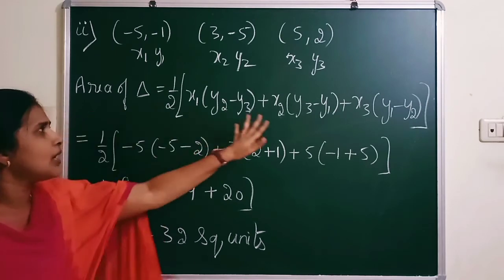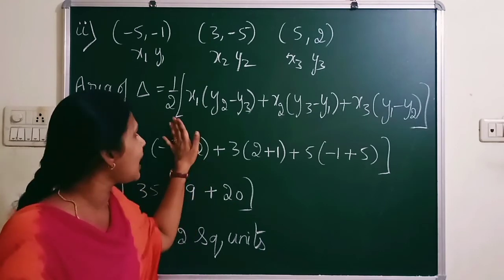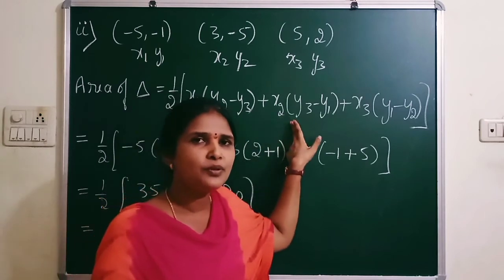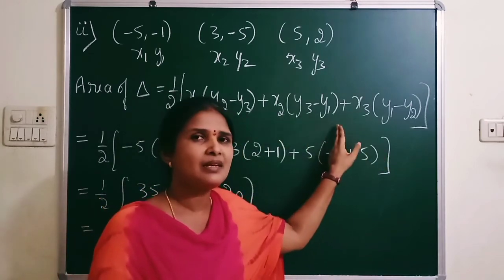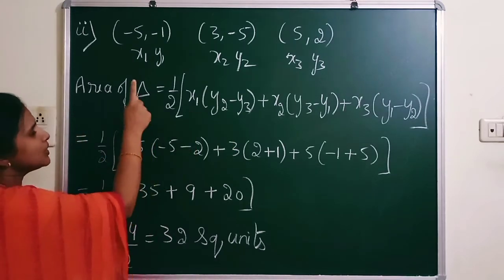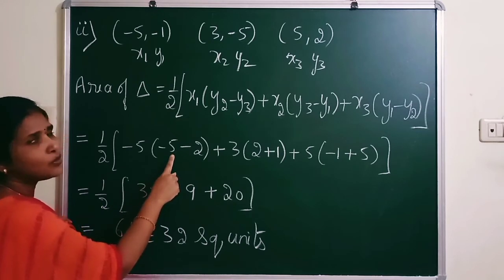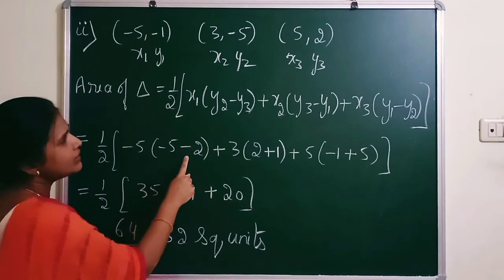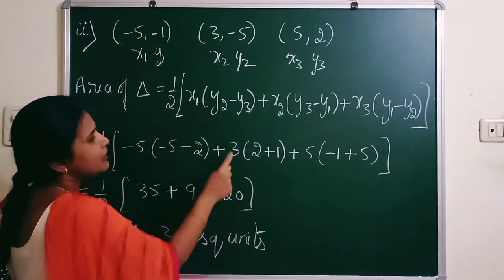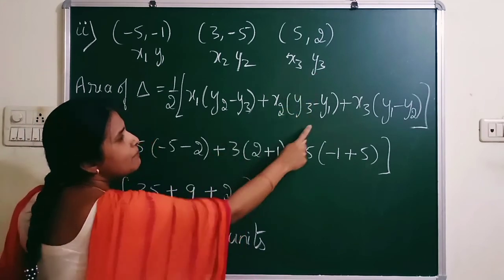Okay. Now as you know, area of triangle is, so go on repeating daily. You can remember this formula very easily. Half into x1 into y2 minus y3 plus x2 into y3 minus y1 plus x3 into y1 minus y2. So substitute now half into, what is x1? x1 is minus 5. y2, see that where is y2? y2 is minus 5 minus y3 is 2 plus x2 is 3. y3, the bracket you can write y3. y3 is 2 minus y1.